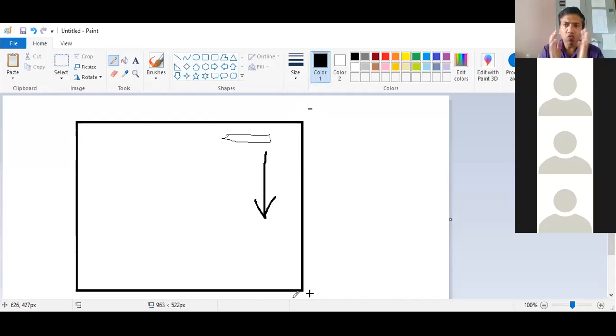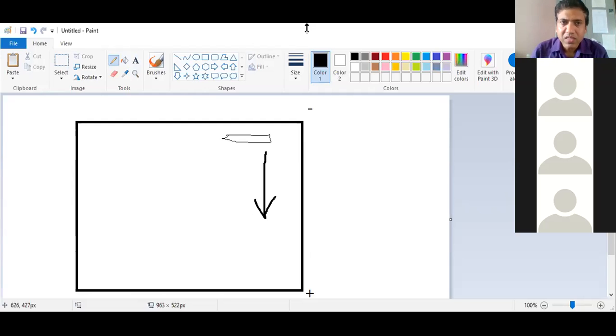The molecule which is smaller in size will move faster, and the molecule which is larger in size will move slower. That is obvious. Anybody which is smaller will move faster because they can enter the pore very easily, but the molecule which is bigger in size will find it difficult to pass through the pores. When the size increases, they will have more difficulty in passing through the pores, so their speed will become less.